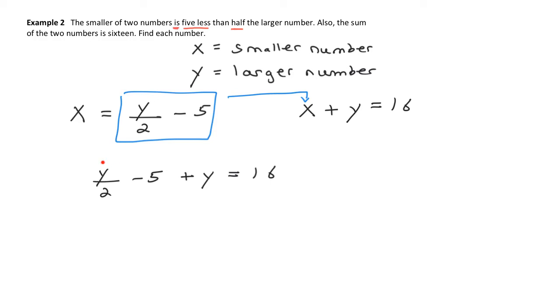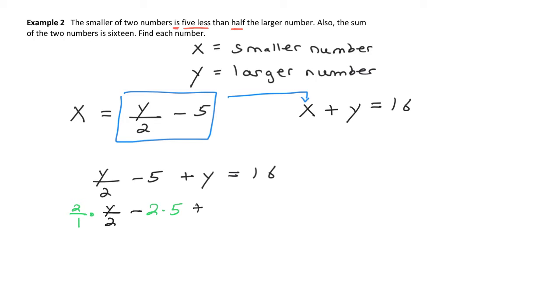All I need to do now is solve this equation to figure out the value for, in this case, y. I'm going to do that by getting rid of the fractions. Like I see there's a divided by 2. So I'm going to multiply every single term by 2. So that's 2 over 1 times y over 2 minus, I'll just put, 2 times 5